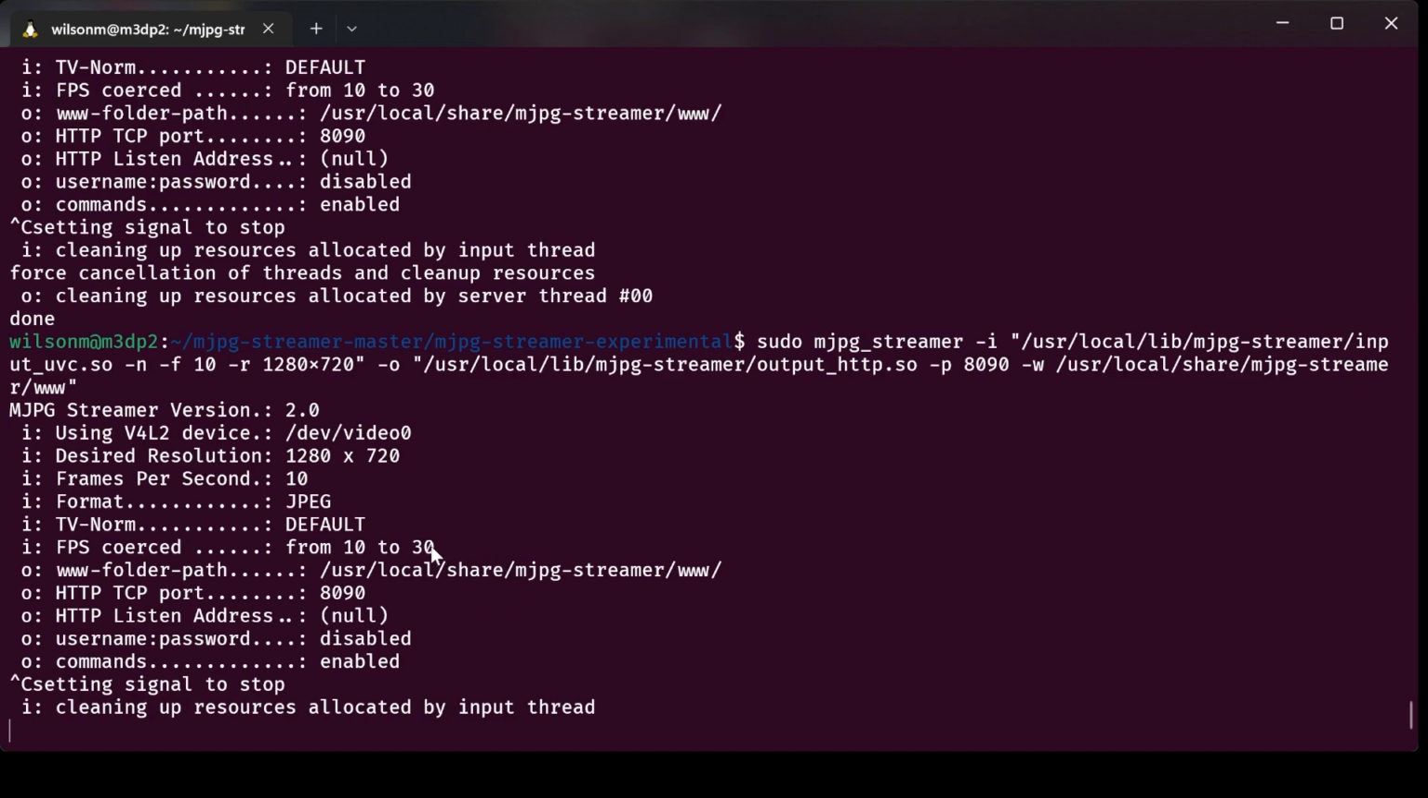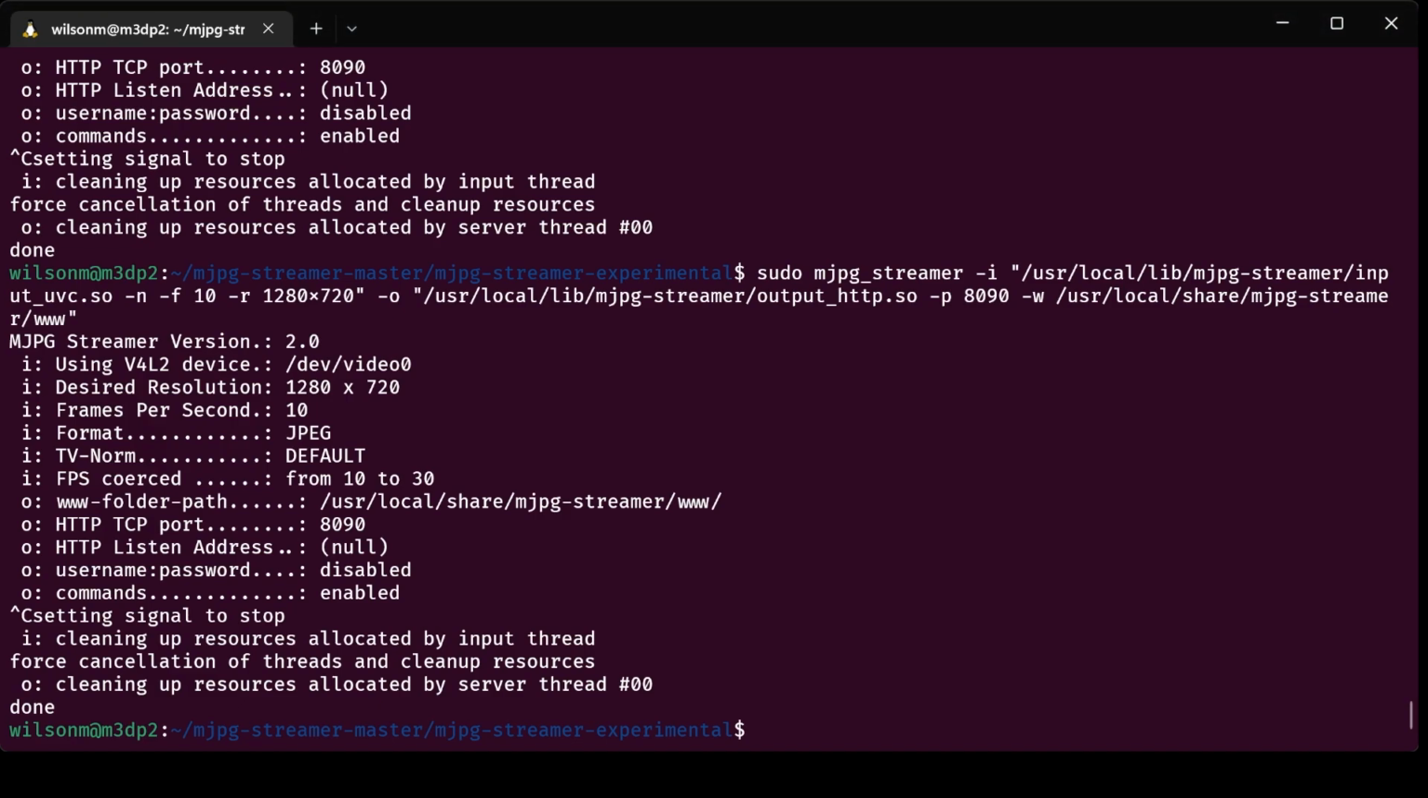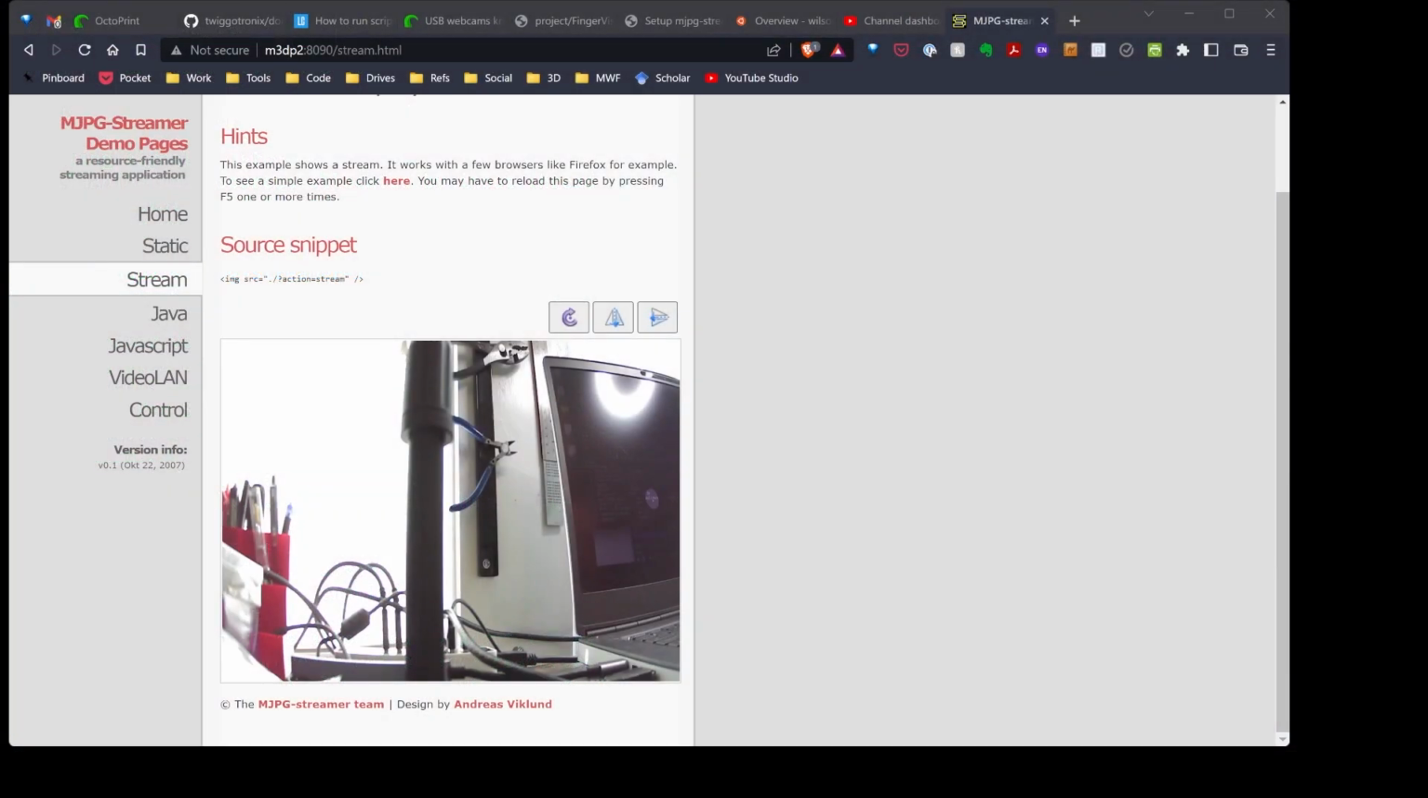So let's go ahead. I'm going to hit Control C on my keyboard, and that'll stop things. And then let's get set up. And what I'm going to do is create a service. So let's take a look. And just to show what I'm talking about, I've stopped the service here in my terminal. If I go over to my browser and hit refresh,